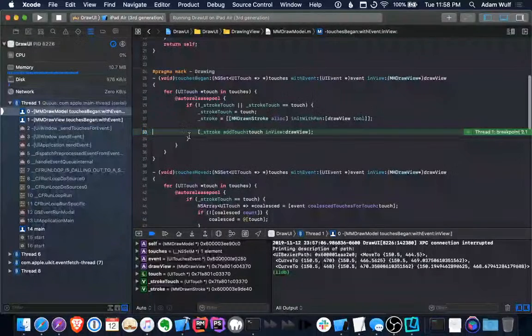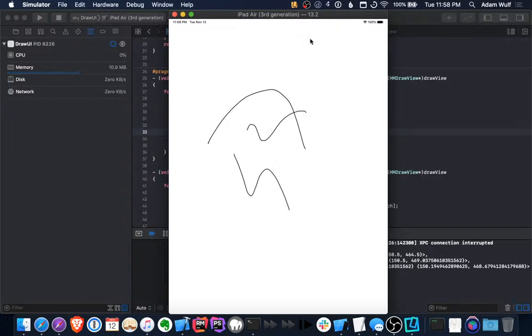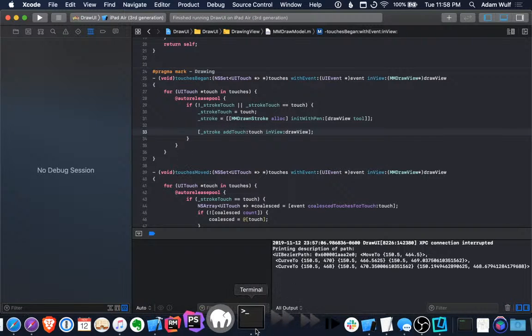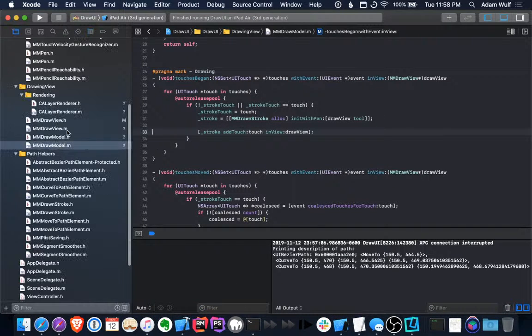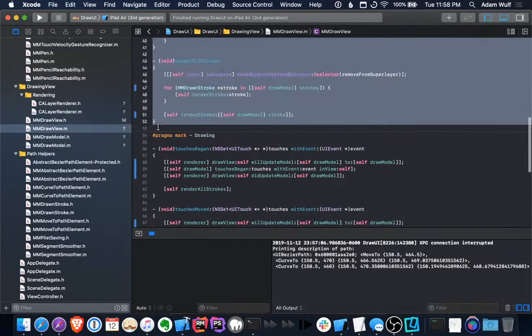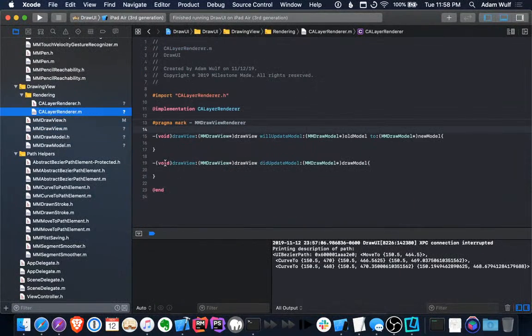Yeah, okay. It does work. All right. I don't know why it wasn't doing that before, but now it's doing it. Great. Okay. So last bit is we take this business out and put it in our renderer